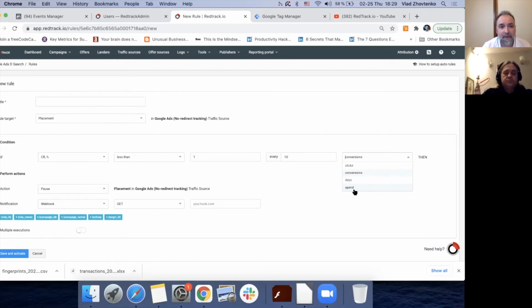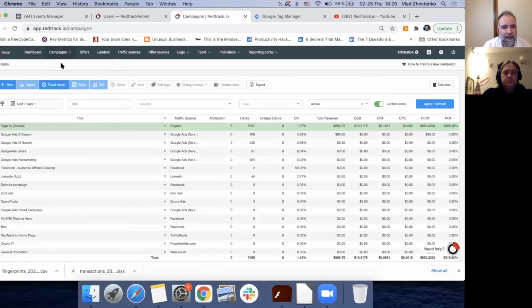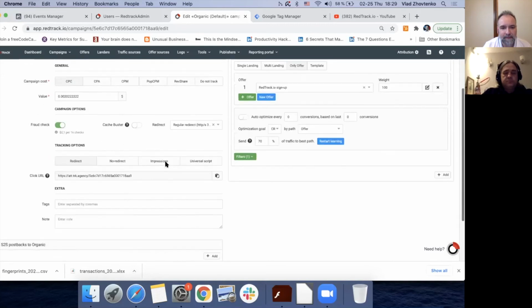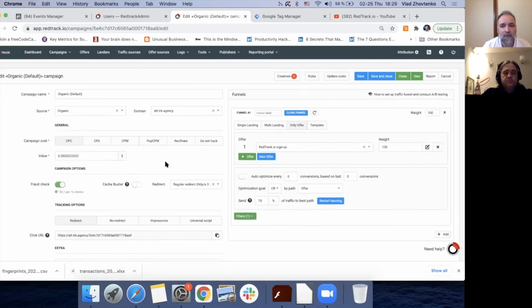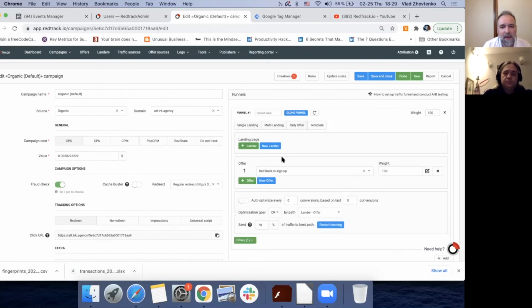And after this, like I said, RedTrack will be dashboards, campaigns, that is where you get all the traffic and conversions, some campaign setup, like your typical tracker, with multiple ways to do it, like multiple pre-landers, landers, just regular landing pages, and that will be probably your typical setup for ClickBank or MaxBounty.